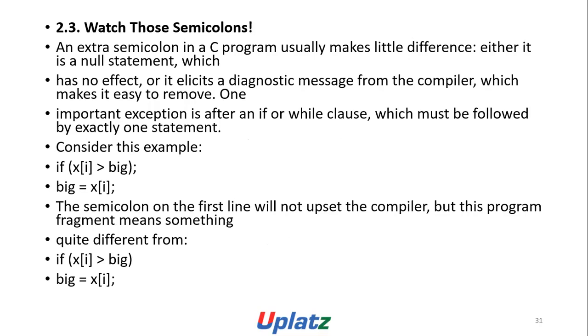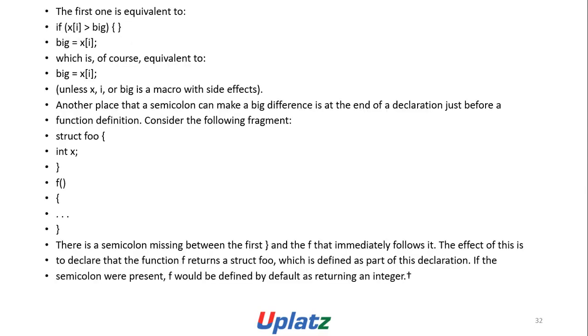One important exception is after an if or while clause, which must be followed by exactly one statement. Consider this example: if (x[i] > big); big = x[i]; The semicolon on the first line will not upset the compiler, but this program fragment means something quite different from: if (x[i] > big) big = x[i];